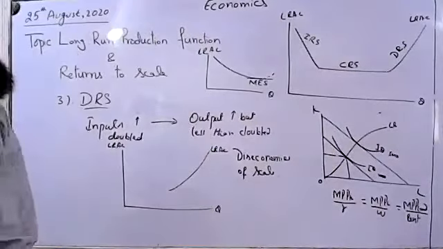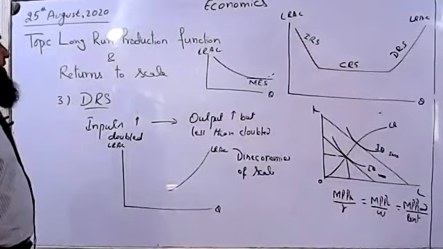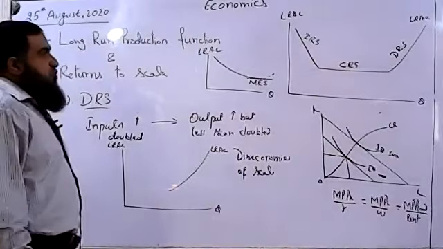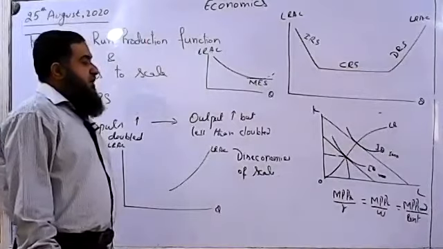So that is about our long run production and returns to scale. In today's class, we have studied how long run production is achieved, and how returns to scale show us different types of production functions and economies and diseconomies of scale, and how the long run production function can